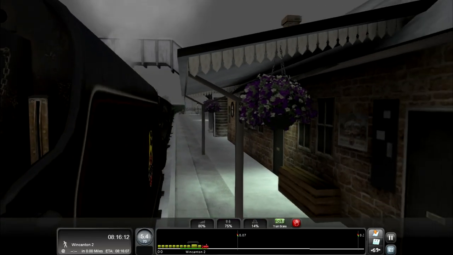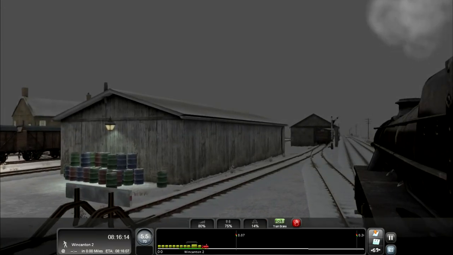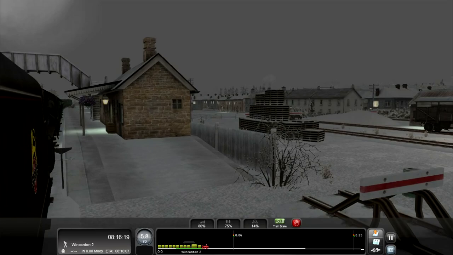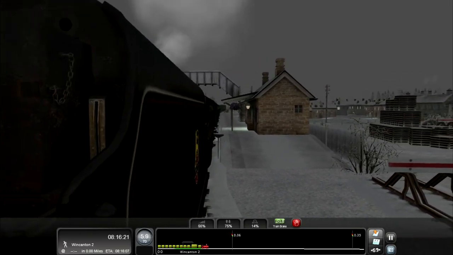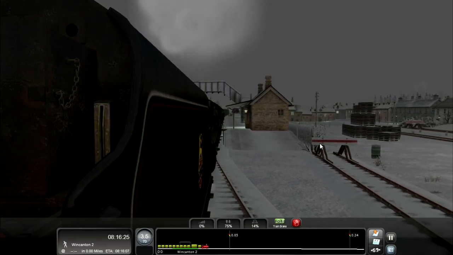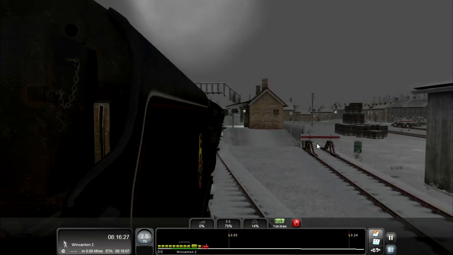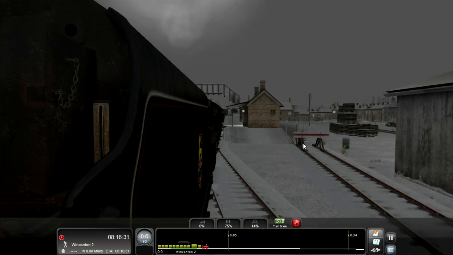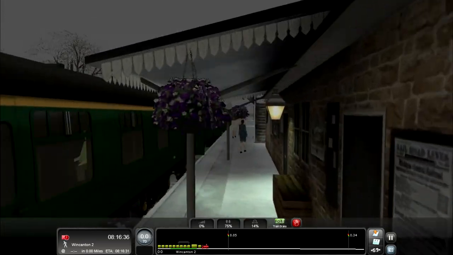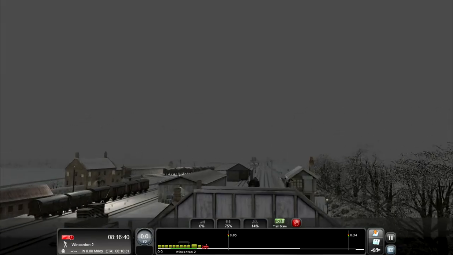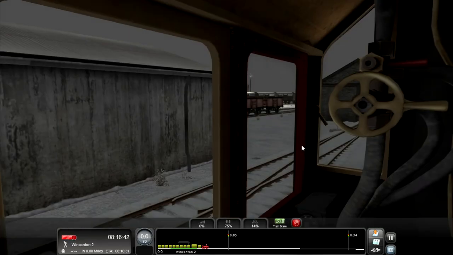Let's take a little looky. Oh, a little bit of a graphical glitch there. Okay. Yeah, not bad. Okay. Let's curb off the regulator just now and get this train stopped. Doors open, passengers disembark. So we kind of missed the first class carriage, but we did still get like 5 of them in, which is pretty good. So yeah, right, okay, so